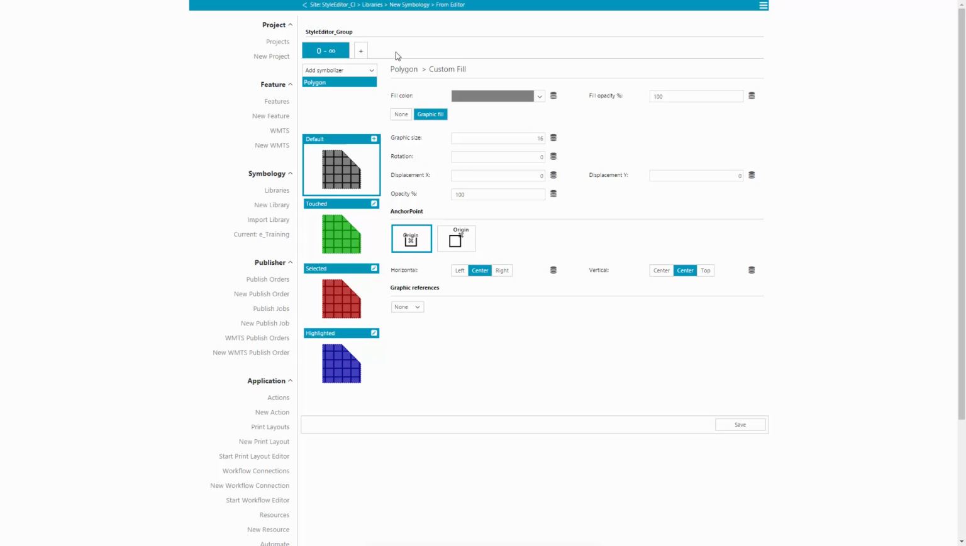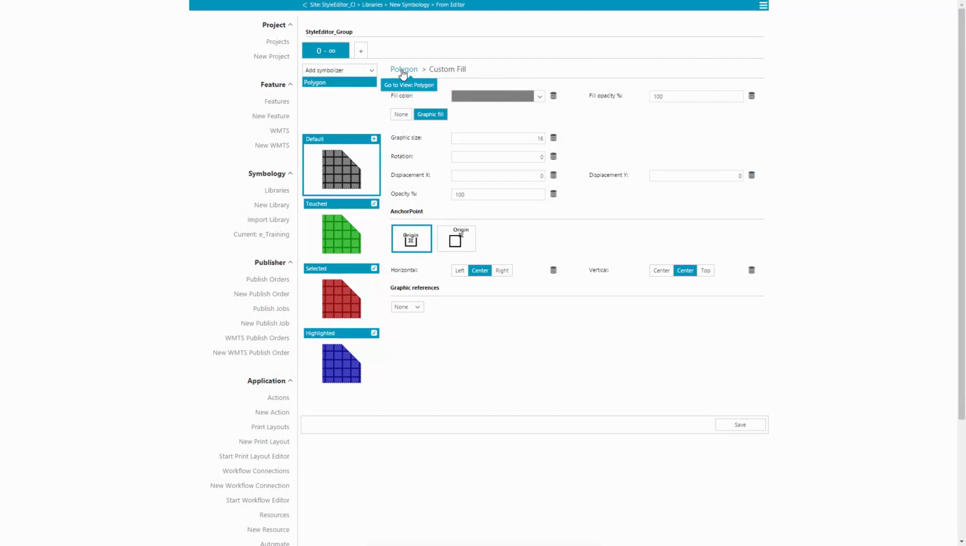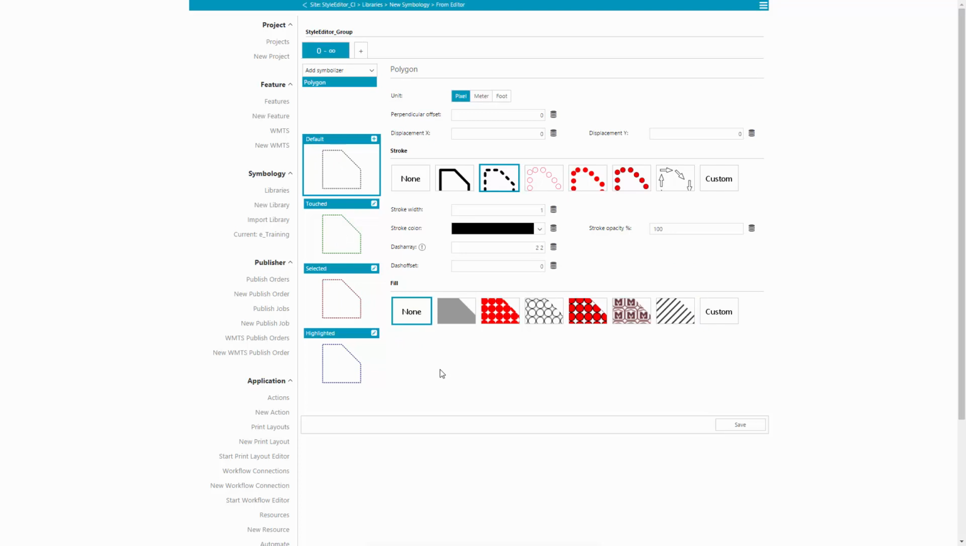Now return to the start of the symbolizer and change some parameters. From the breadcrumbs path, Polygon Custom Fill, click Polygon to return to the main polygon symbolizer. In Fill area, click None to remove the fill. To place an external graphic to be used as the stroke line, in Stroke area, click Graphic Stroke, External Graphic,